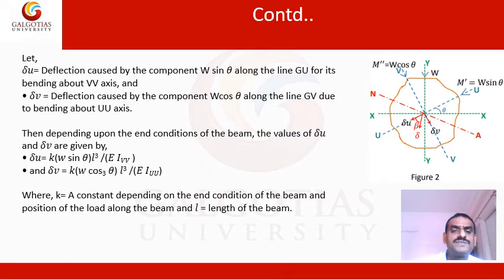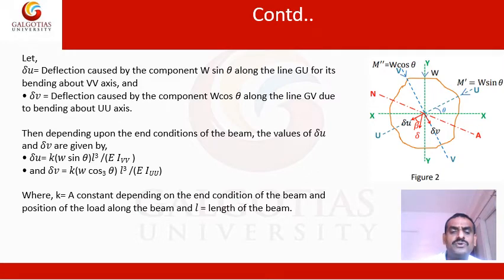Let del U be the deflection caused by the component W sin theta along the line GU for its bending about the VV axis. And del V is the deflection caused by the component W cos theta along the line GV due to bending along the UU axis. Thus, depending upon the end condition of the beam, the values of del U and del V are given by